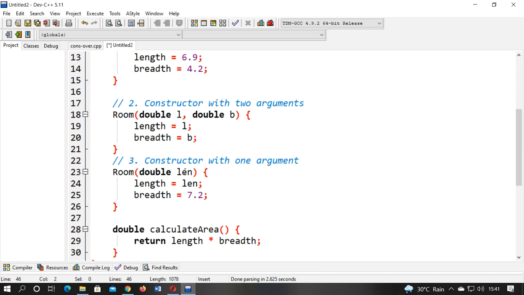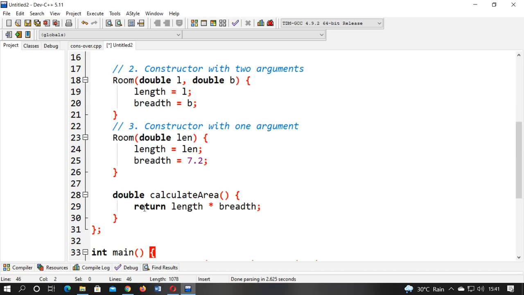In the third there is a single argument, but we have to calculate with length and breadth, two values. So one value is fetched from the argument list, and the other value we have initialized over here. The breadth value we have initialized as 7.2. In the same way, the function which is created will calculate the value and return length into breadth.